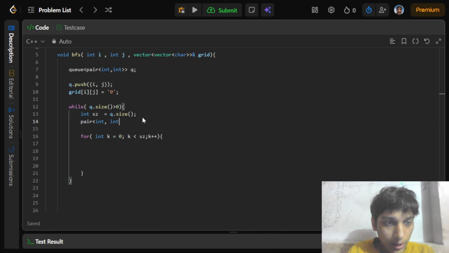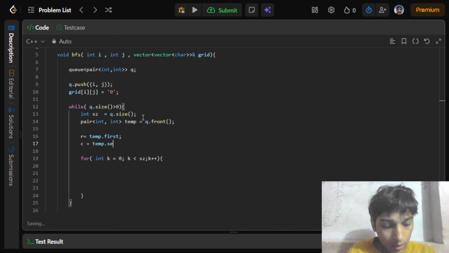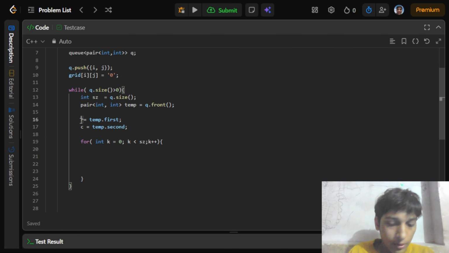Pair of int, int temp is equal to q dot front, store this here. Row is temp dot first, and column is temp dot second. These are the functions of a queue.